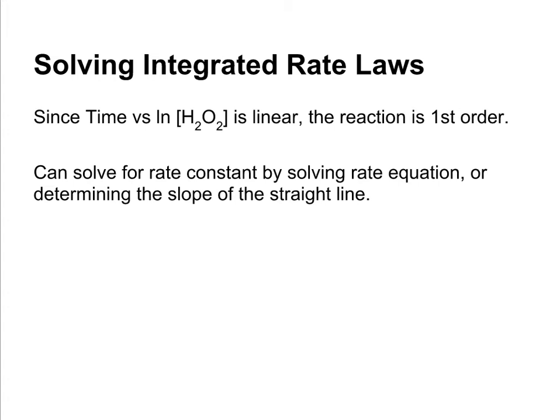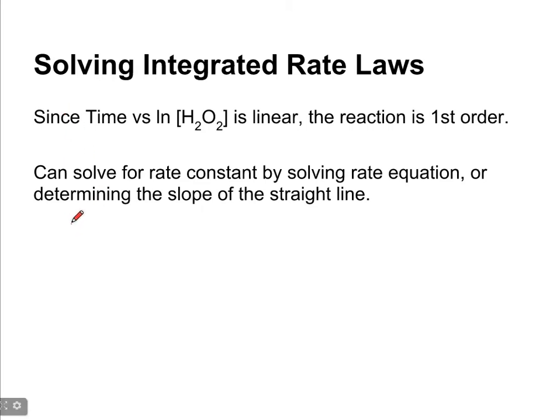We can solve for this rate constant by solving the first order rate equation for k, or we can determine the slope of that straight line. Either way works. I'm going to plug values into the first order integrated rate law and solve for the rate constant. I'm just going to choose the data that was at time 1800. So my equation,